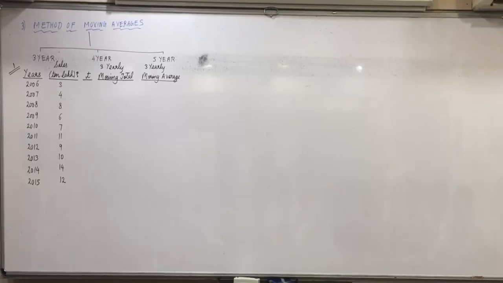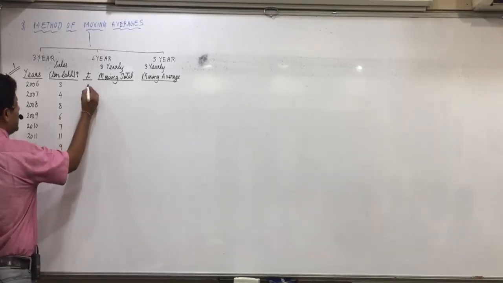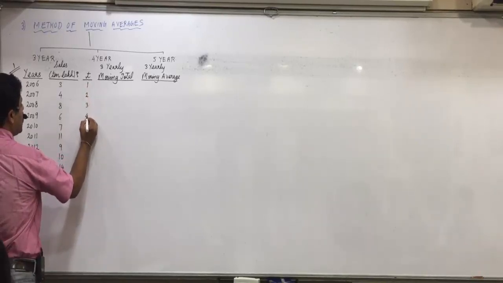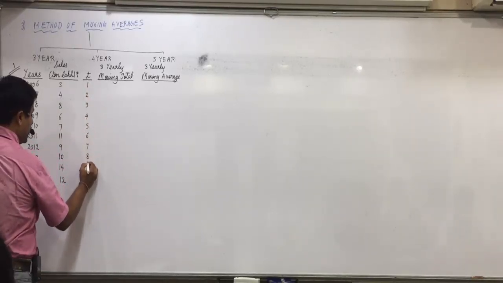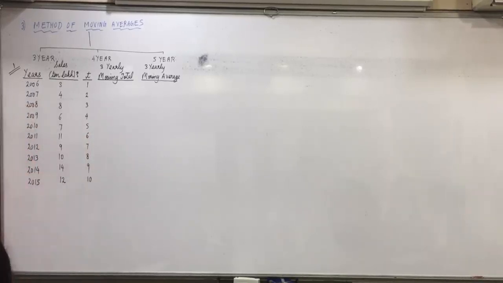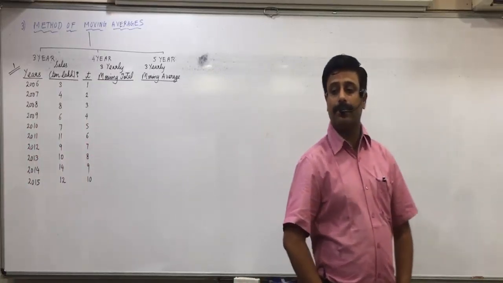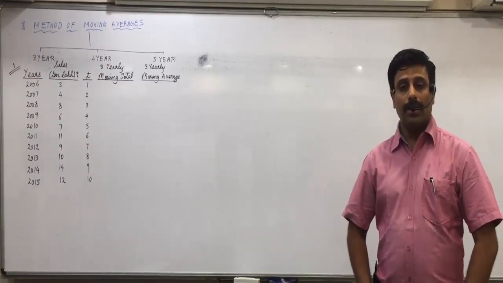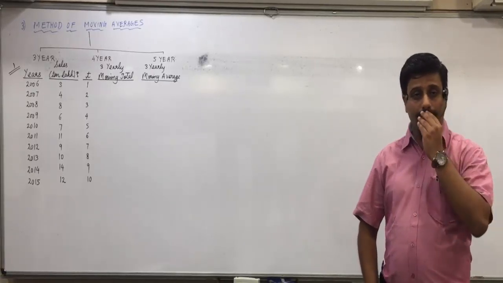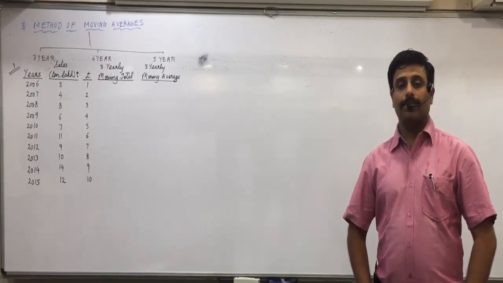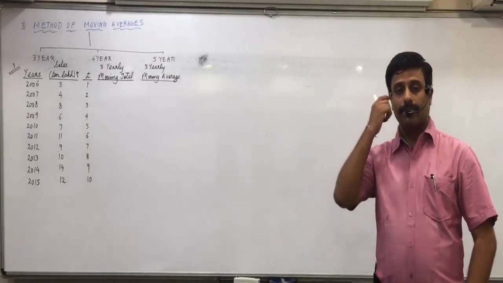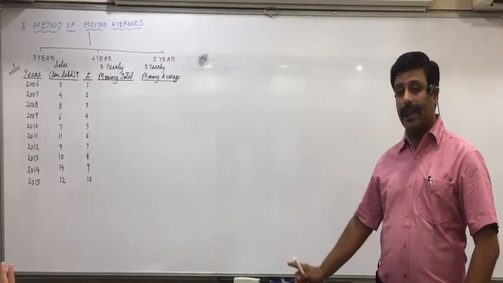Now regarding T, you have to directly write 1, 2, 3 and so on. Means this is the first year, second year, third, fourth, fifth, 6, 7, 8, 9 and last is the 10th year. Total 10 years data is given, so all of you write down T directly 1 to 10. Any confusions? Who all are still writing up till here? Should I proceed further? Anyone still writing it?